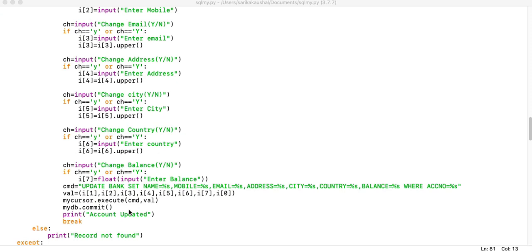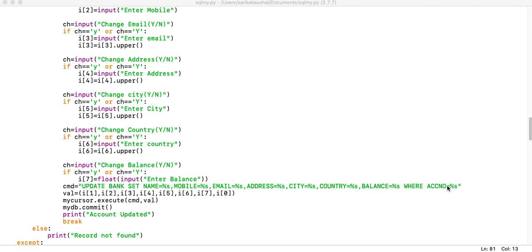Finally, to update, I've issued the update command: update the table, set name, mobile number, email, where the condition is provided. If that account number is found, this is issued with these data values in this particular order. Name is at item number I1, mobile is at item number I2, email is at item number I3, and so on.